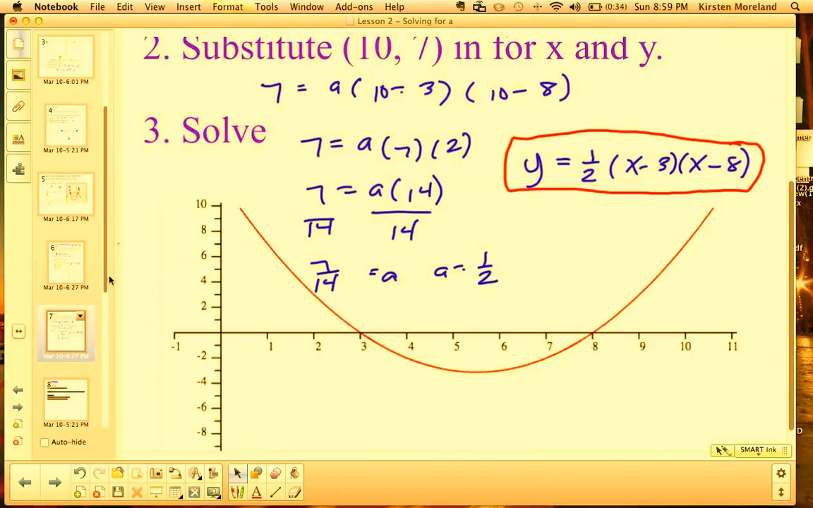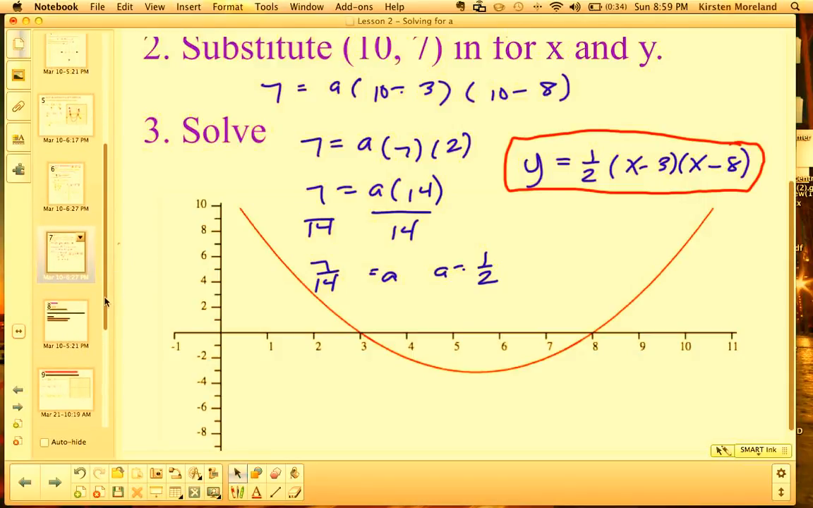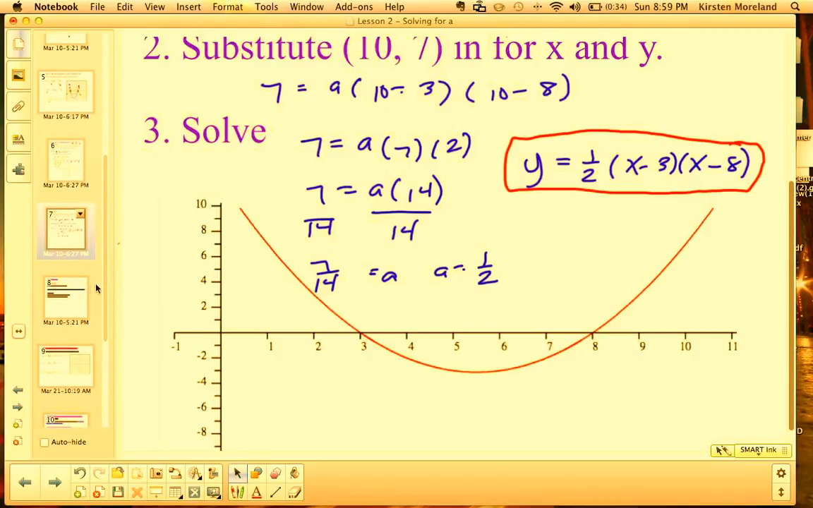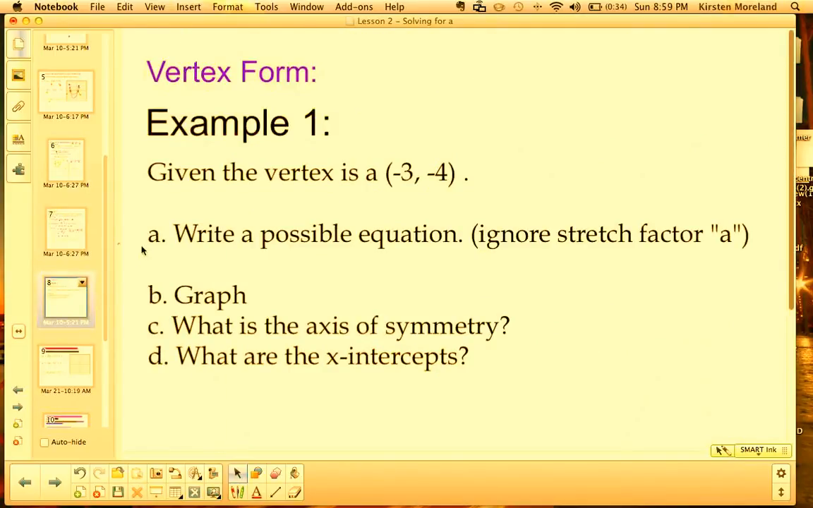Oops, did I say narrow earlier? The 1/2 is really making this graph wider. Remember, the smaller the number, the wider it is. The bigger the number, the narrower it is. So the 1/2 is really making it wider. All right. So now we're going to